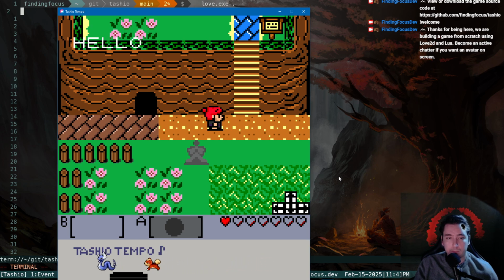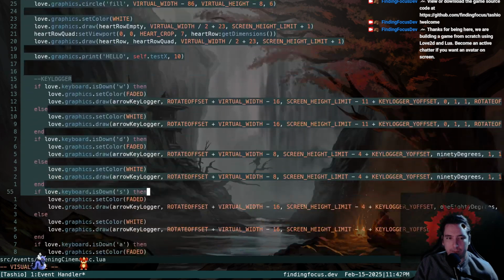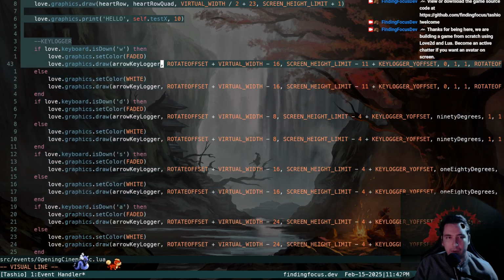Nice. Okay, so we're updating that. We're not updating our player. You can see I'm giving input, but we're not updating the player's location. So this is a great start. The one thing I don't like about this approach is that we have all of this render function as part of